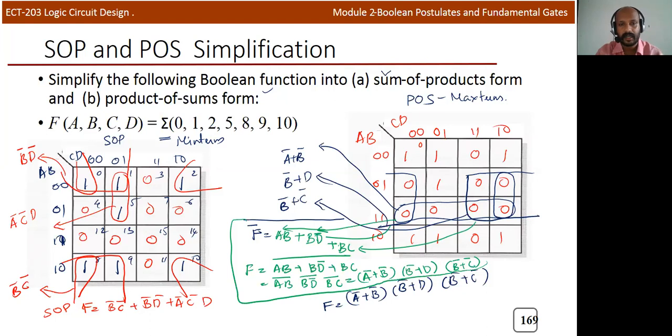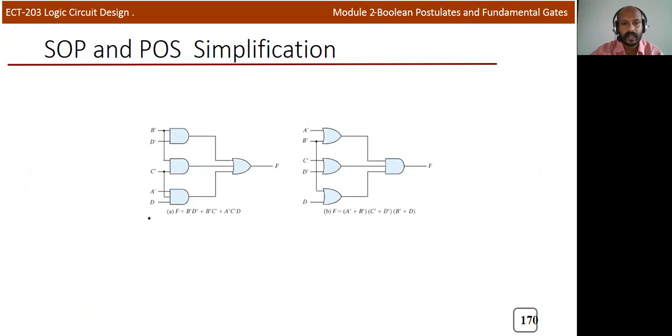The same question I can represent in SOP and POS. Make sure whether the question is given in SOP form, min terms, or max terms, so based on that we need to indicate zeros or ones. In this problem, the question is given in min terms, so first we will mark ones. If you group ones, you will get SOP. If you group zeros, you will get POS form. So this is the final expression. It's the same result you will get by using the circuit.